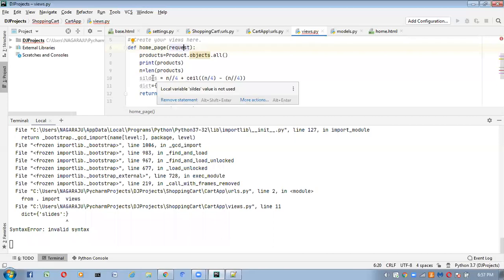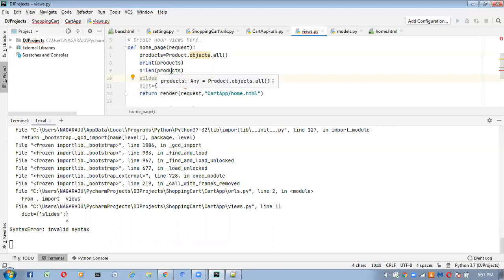See, slides is equal to n floor division 4. What is n? Length of the products. Here how many products are there? Total 6 products are there. So here n floor division 4, what will you get?